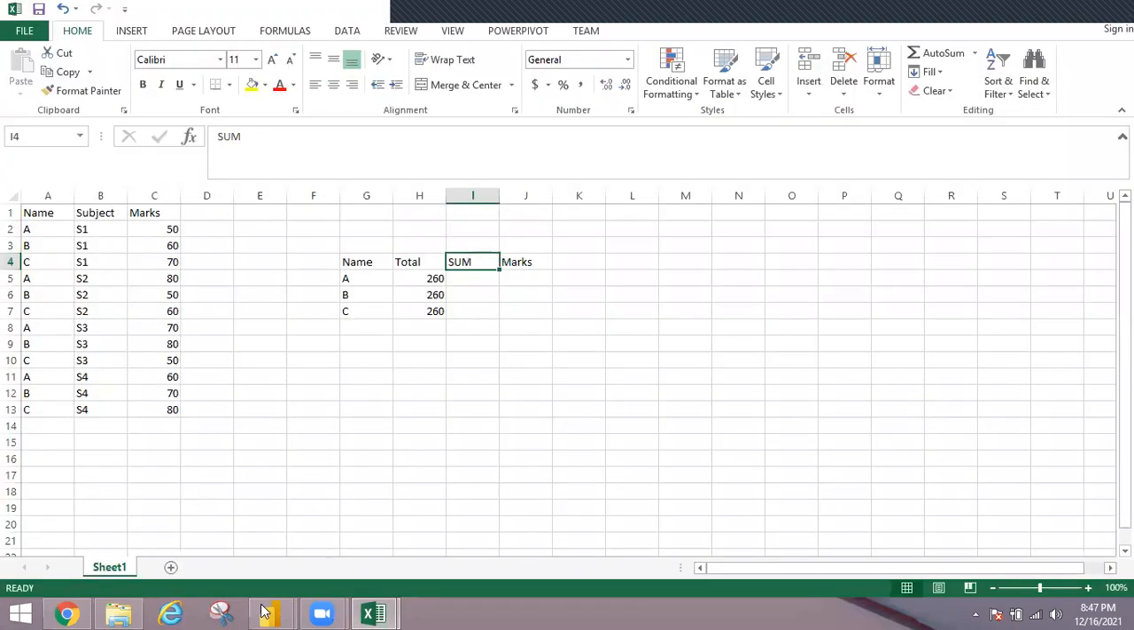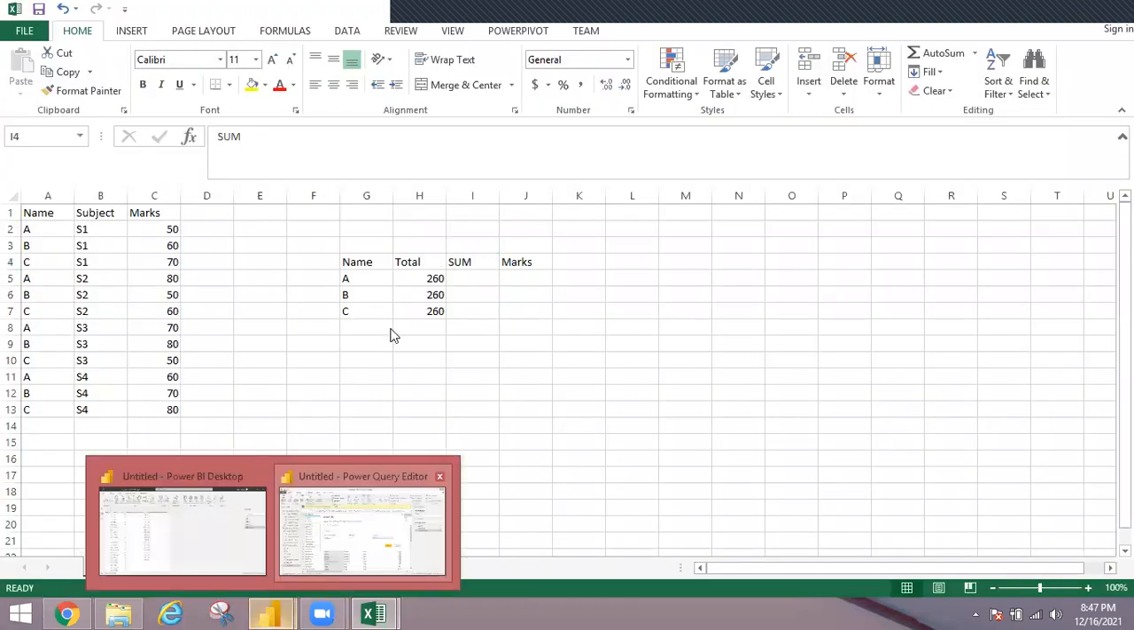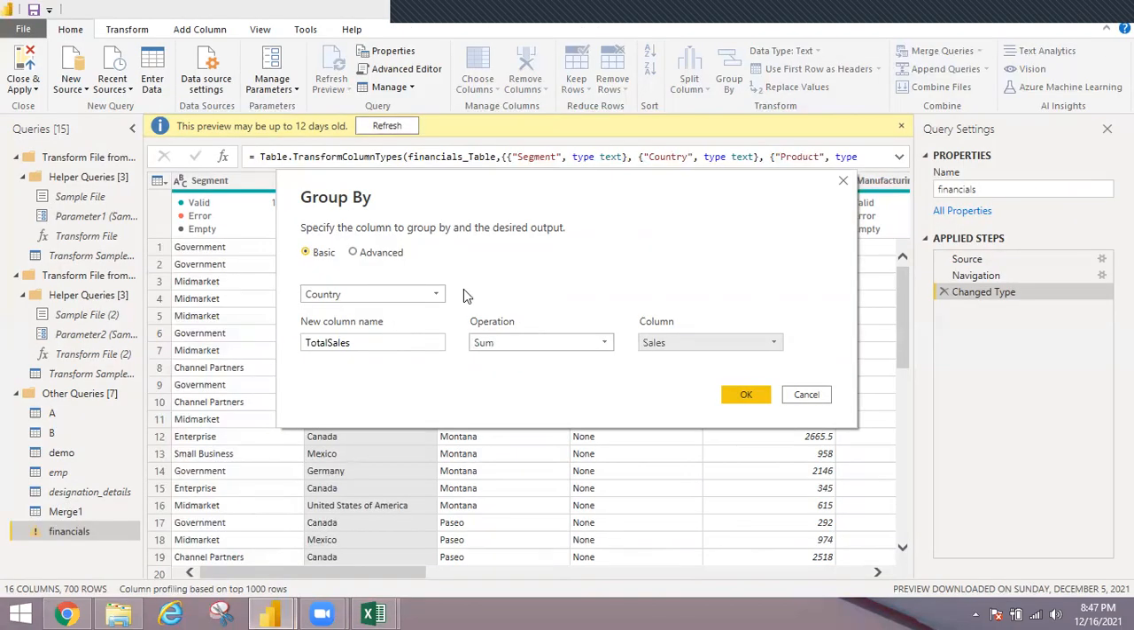Okay, in everyday life we use the group by operation, but we don't know whether we are using it or not. So when I click on this, in the country column, I have 5 unique values. One is Canada, the second is Mexico, third is United States, and then France and Germany. So I'll get the total sales with respect to each and every country. So when I click on OK,